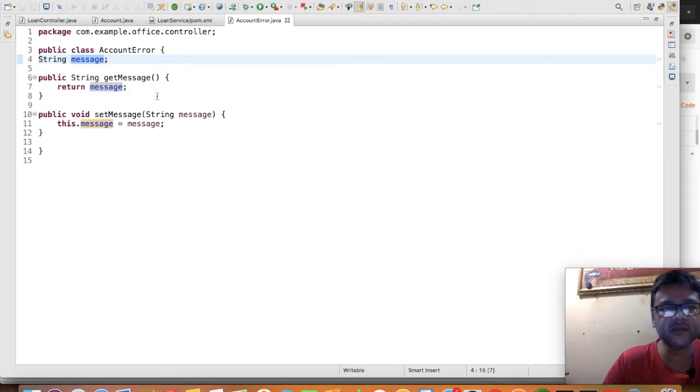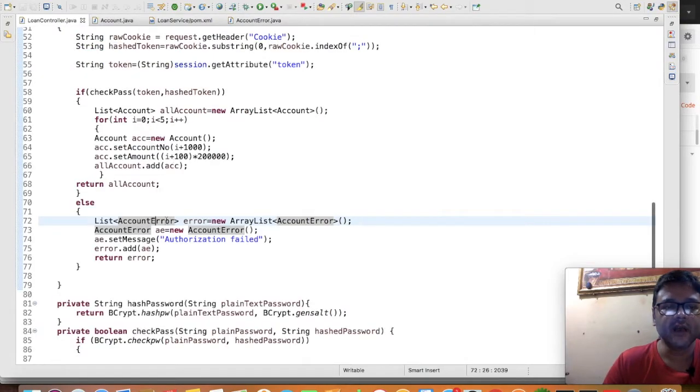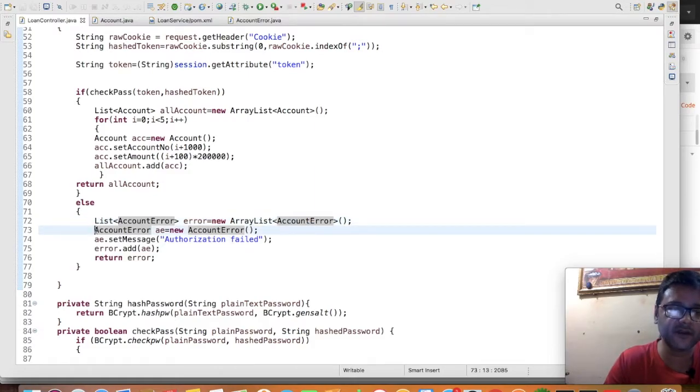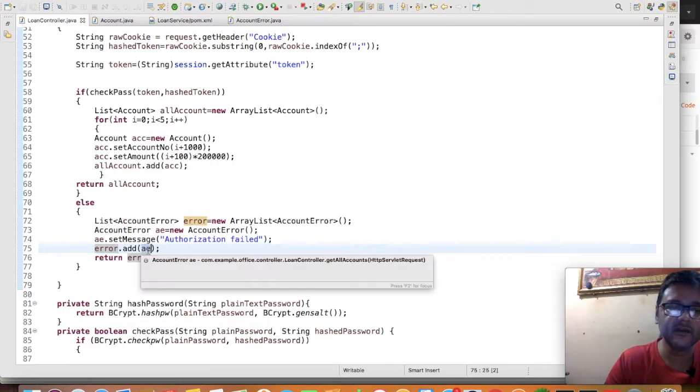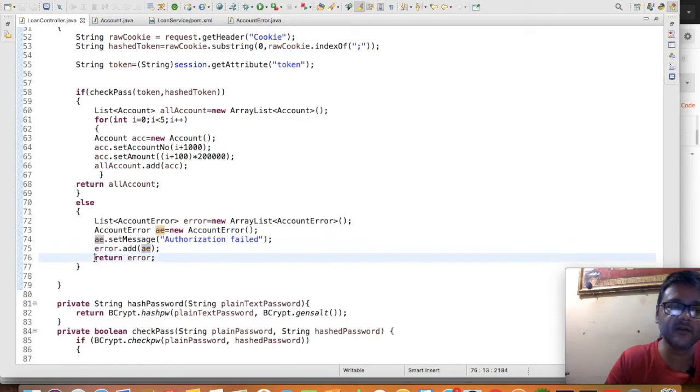It has set message and get message methods. Here I am creating the account error class object only once, and the message I am sending is authorization failed. Then that is added to the error list, and I return it back to the user.